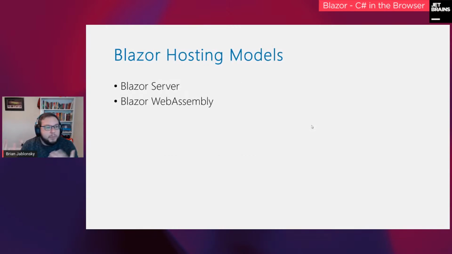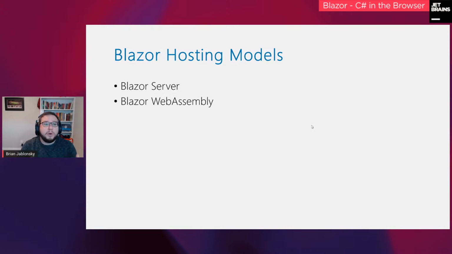So then we build these components, and then we have to somehow host them and have all the glue and the framework underneath to host these components, render everything that needs rendering, and do all the logic. There are two different hosting models. There's one called Blazor Server, where the server is responsible for rendering the UI and then communicating back to the web front end to do all the DOM updates.